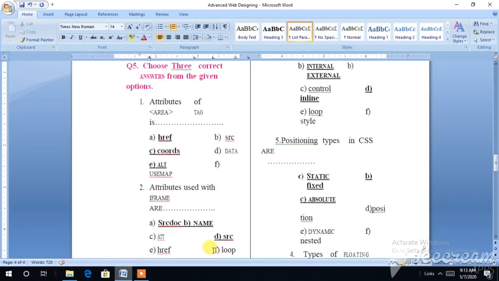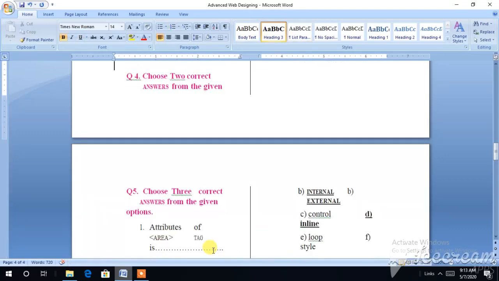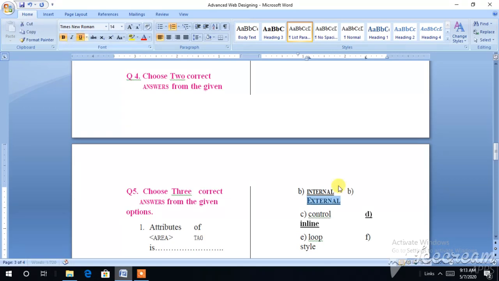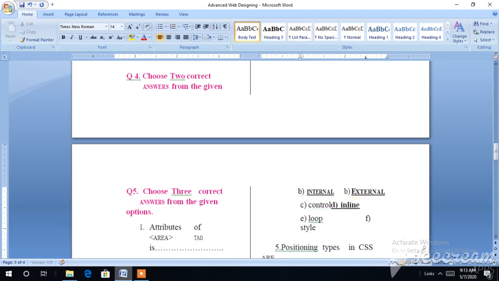So hope you are going along with all these properties: internal, external, then your inline. The answer will be D, that is inline. Not star, not loop. Only three are the answers: internal, external, inline.